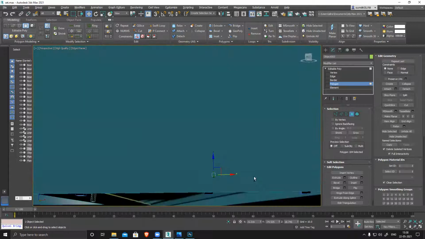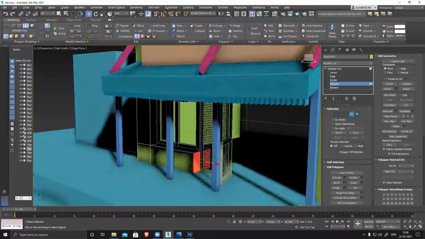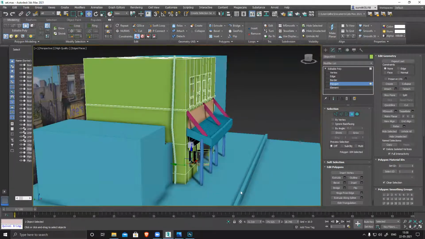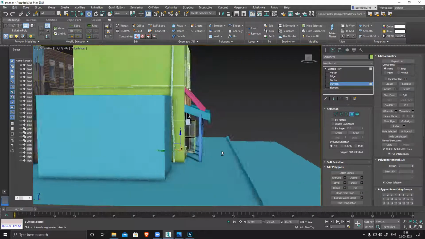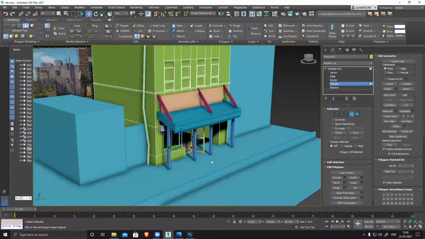Now I feel my window and everything should come out slightly outside. The thickness is too much. And this distance is way too less. That means this also will increase. Thus, the frontal length will increase also, because we don't have any other reference or any other angle, so we cannot see. So based on the reference and everything, you have to compare them together.